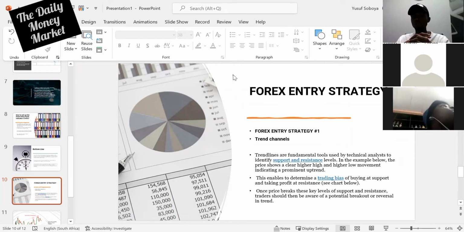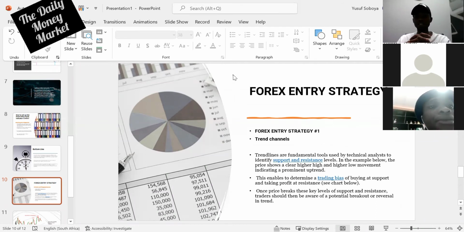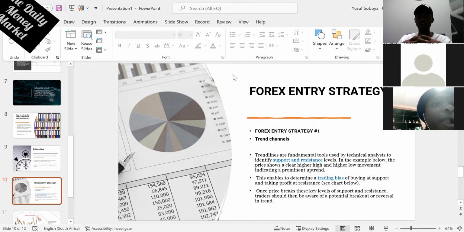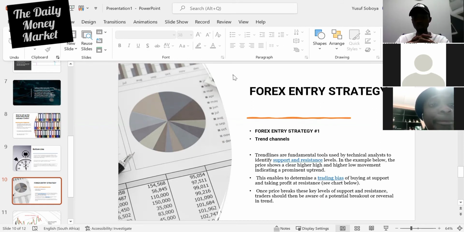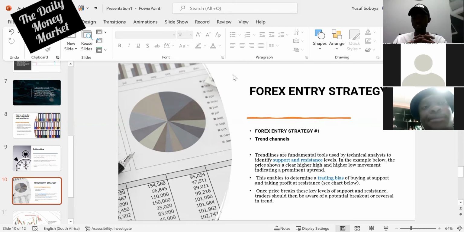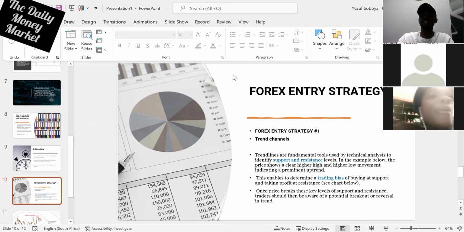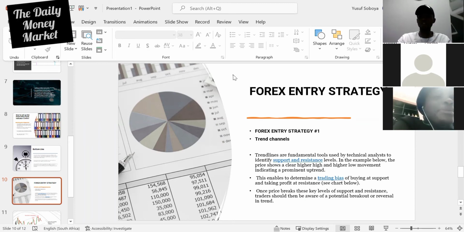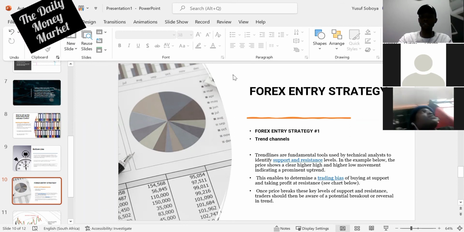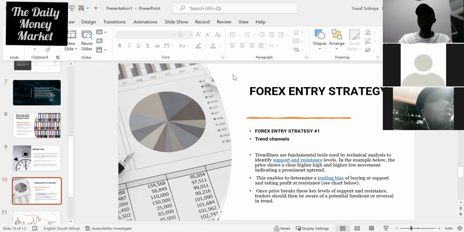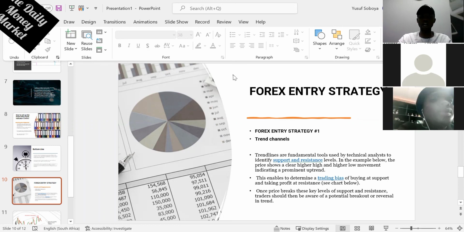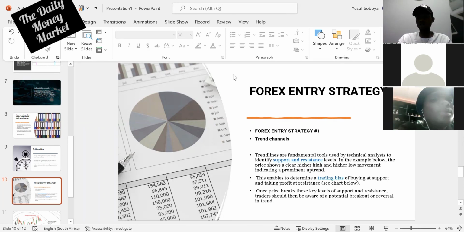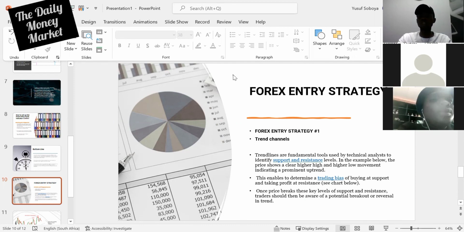Trend lines are fundamental tools used by technical analysts for identifying support and resistance levels. In the example below, it shows the price moving. The price shows clear higher highs and higher lows, indicating a prominent uptrend. This enables you to determine the trading bias of buying at the support and taking profit at a resistance. So we can see the charts after this tab. Once the price breaks this key level of support and resistance, traders should then be aware